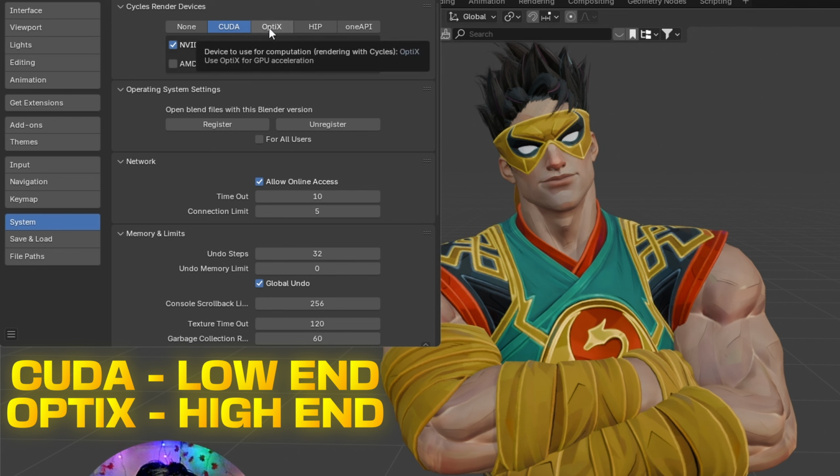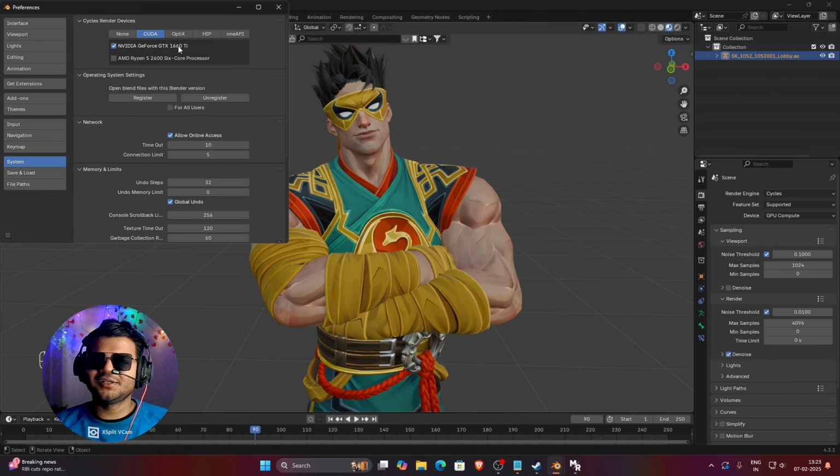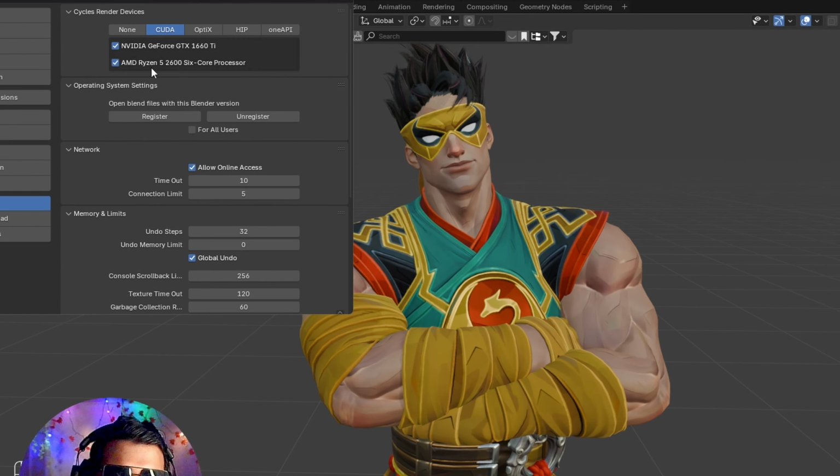If you have a high-end GPU, you can use OptiX. Okay, for now I will use CUDA, and I don't know about AMD users, sorry. You can watch an AMD tutorial on YouTube, and I only know about NVIDIA users. So you need to change it to either CUDA or OptiX, and by default both of the options will be checked,